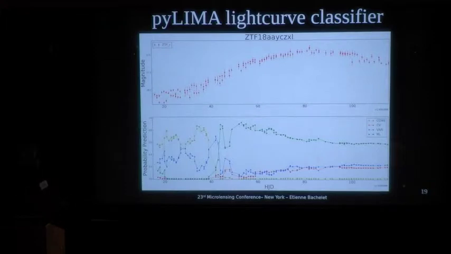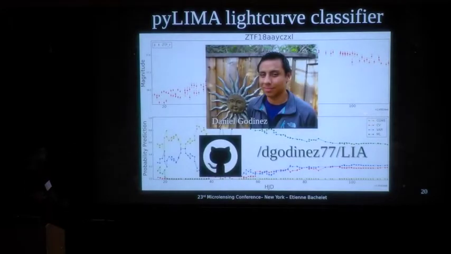for 2 years, we have worked with a student at Las Cumbres Observatory to develop a light curve classifier. You have a big photometric survey and you are interested in finding microlensing. It is challenging to find the needle in the haystack, so we developed this machine learning approach to do so. We began to use it, for example, on ZTF, which releases alerts through the MARS system that you can find at the LCO website. You can see the prediction of this code with the time of the light curve, and at some point our classifier thinks this could be a microlensing candidate. This work was mainly done by Daniel Godinez. It's, of course, fully public, so we're going to implement that soon.